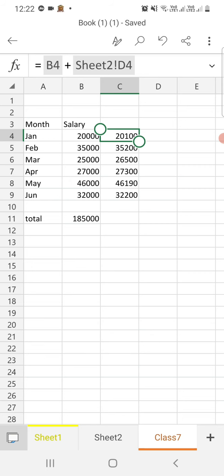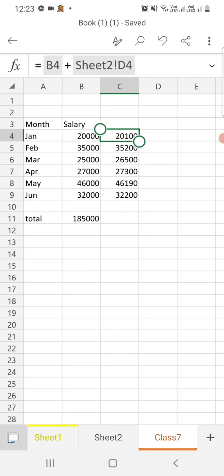Function name must be followed by opening and closing parentheses. So when we are writing the formula or function, we must write the cell address within a parenthesis, opening parenthesis and closing parenthesis. Parentheses contain arguments within it. For example, we are using sum function, so we just need to write the function like this.